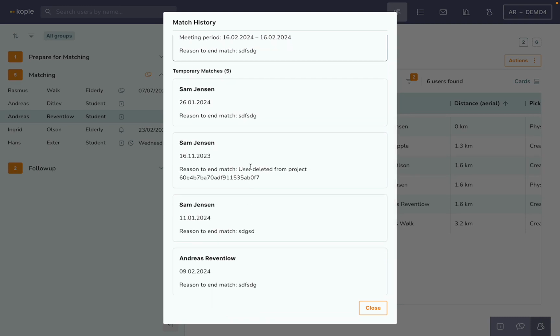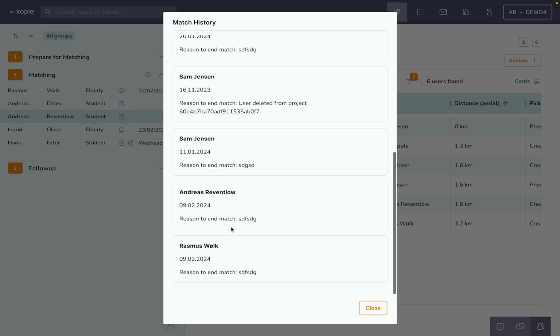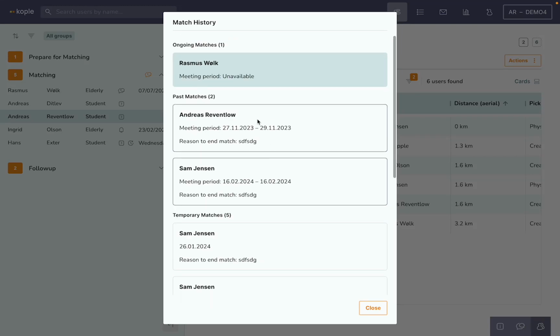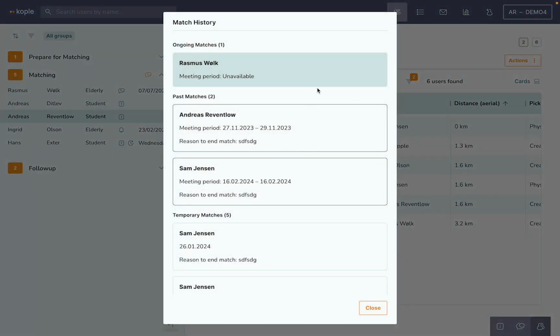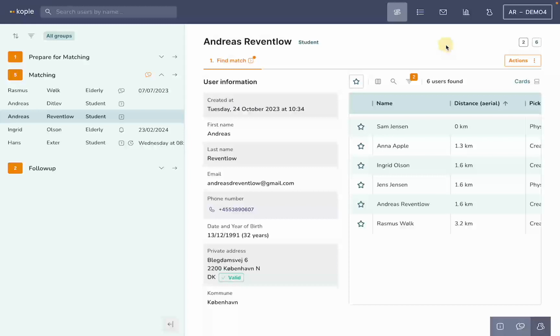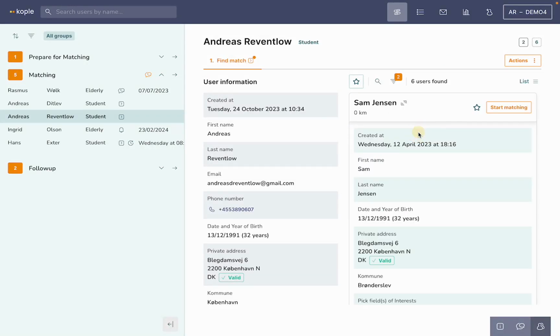I can see that I'm not too creative, so I also made a bunch of temporary matches with Sam and with other users. But it distinguishes. And when you're then looking for a new match for a user who might already have been matched, it makes sense to just click on these numbers and see what their match history is, because then we know that we might not want to match him with Sam again. Lastly, if a user already has a match,